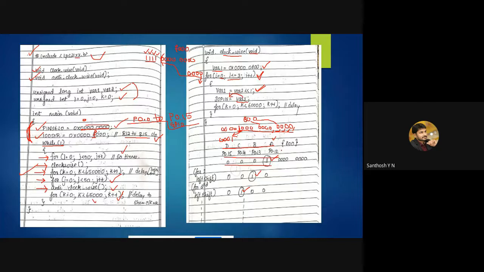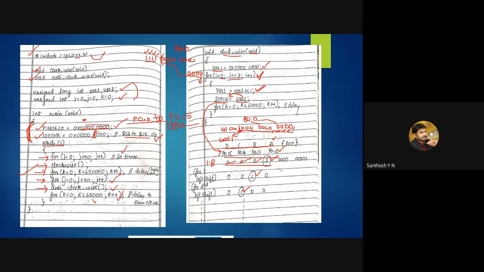If I shift towards left for one time, the 1 will come to P0.12 and it will be immediately reflected in the IO pin, and therefore these pins will be activated. P0.12 will have 1, 13 will have 0, 14 will have 0, 15 will have 0. So the motor is rotated by 1.8 degrees.